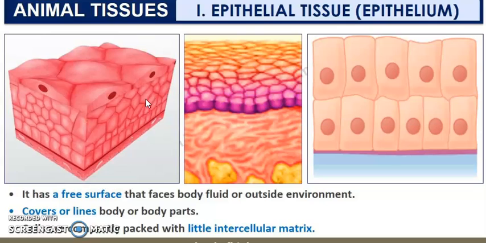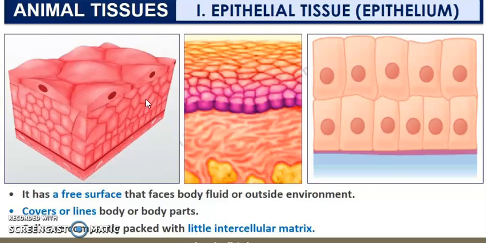We have heard about intercellular spaces in plants. I hope you remember about it. But here they have written intercellular matrix. This intercellular matrix is a non-living content of the body, and it is present between the tissues. It has some functions in other tissues, but here it acts as just a non-living part of that tissue. So these are compactly packed with little intercellular matrix.